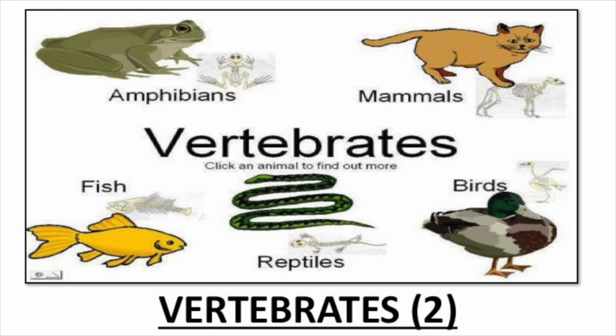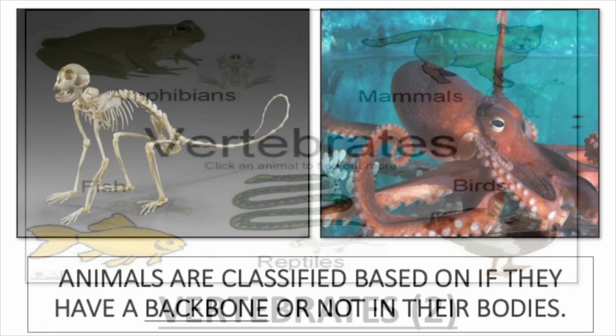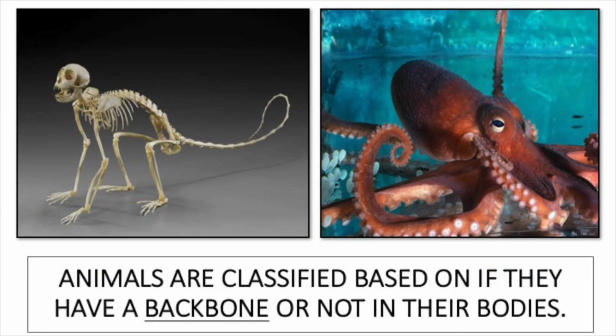So let's take a closer look, guys. Animals are classified based on if they have a backbone or not in their bodies. Yes, like I just said, the animals we learnt about previously with no backbone,